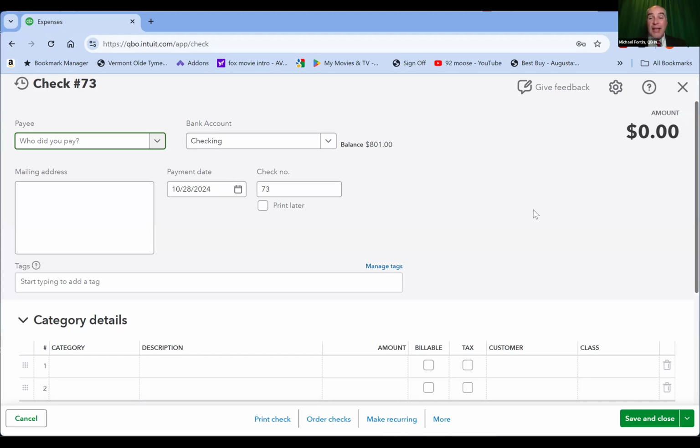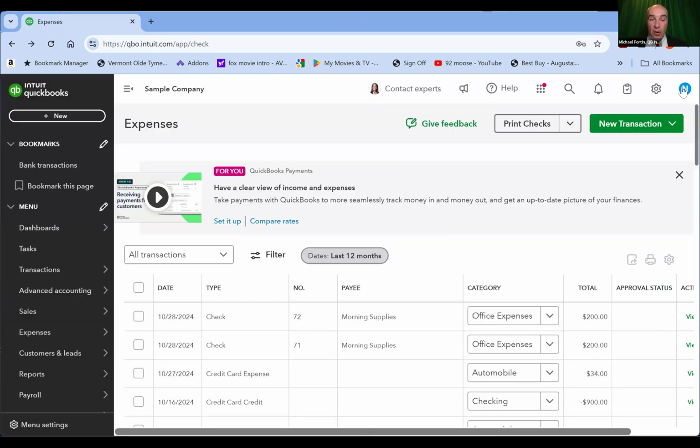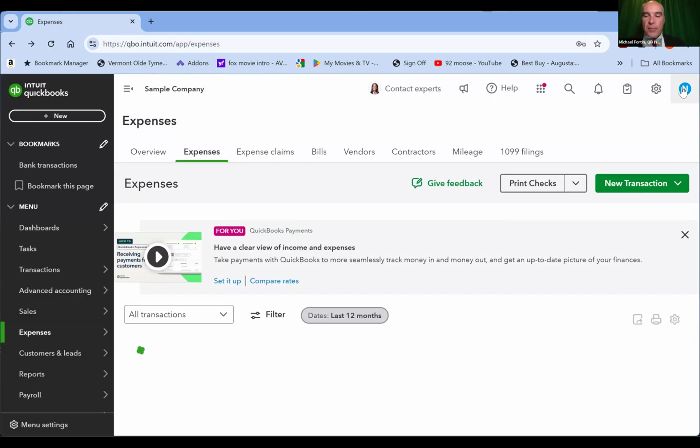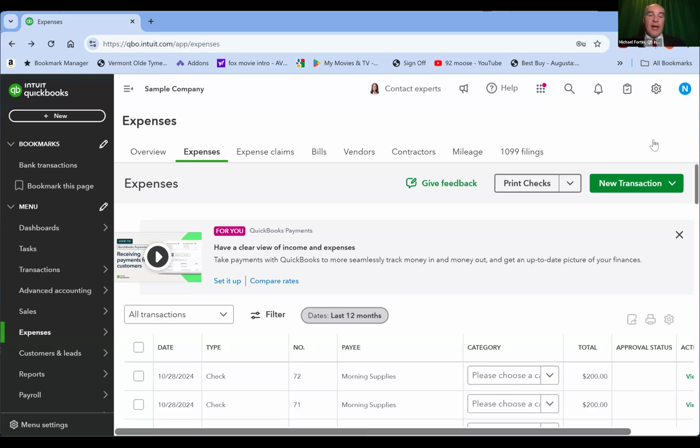I'm going to actually click the X in the upper right-hand corner, and we're going to close it. And I'm going to go back to the expense form. And this time we're going to enter it differently. So let's say that this $24.97 wasn't a check, it was a debit card transaction. Either way, it's the same, it's just instead of writing out a check, we're going to use our card.